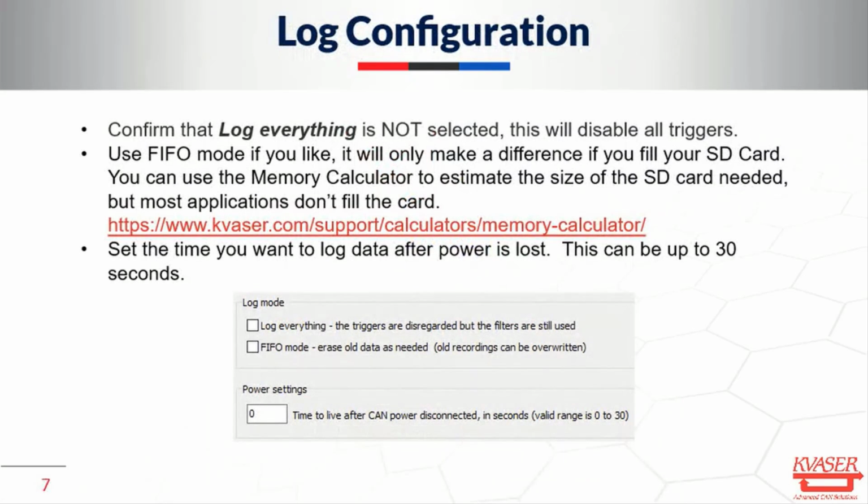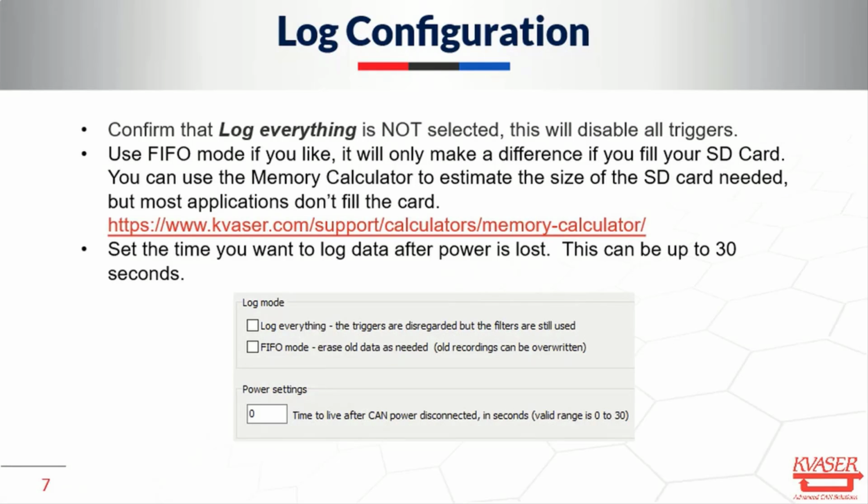Okay, so log configuration. Confirm that log everything is not selected unless you simply want to log everything like you would in a Memorator Light, because this will disable all of the triggers at least. It won't disable the filters. It will disable all of the triggers and just log everything according to the filters that you have set up. You use FIFO mode here if you would like to